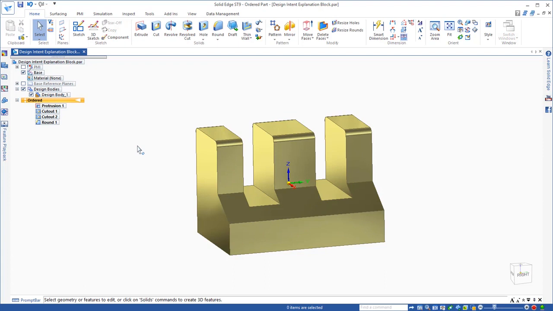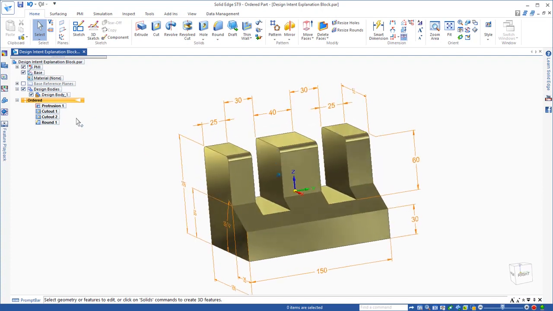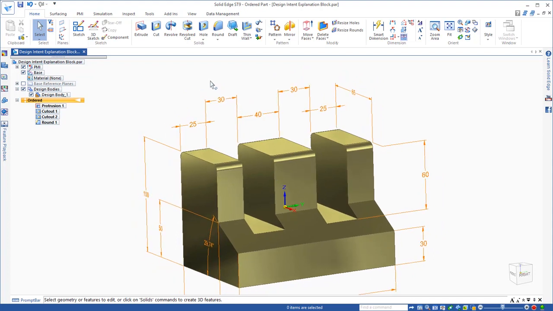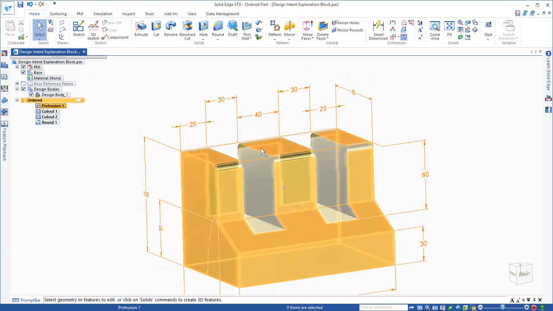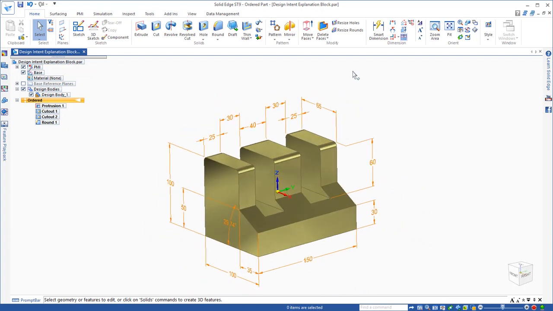Alright, so I had to do a little bit of math to figure out how to make that 40 millimeters wide, and I don't really care about the width of the cutouts, which is what I did care about when I created it initially. So that looks correct. The next problem I'm going to have is trying to make this taller than the other two. So I'm going to have to probably draw a profile or something and extrude that up to make that taller. Before I do that though, I'm just going to show you how much easier this is in